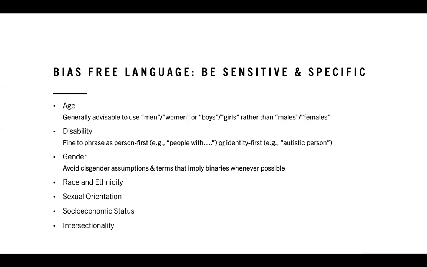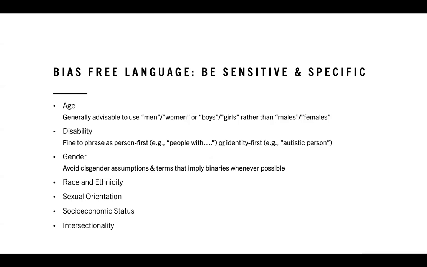Also, I know a few of you are doing projects. I think Sarah, maybe a project around study abroad for students with disability. When you're referring to people with disabilities, it's fine to phrase your reference as person first, so maybe people with autism, or it's also fine to use identity first, so an autistic person. Both of those approaches are acceptable. It also makes it easier to read, right? You're not always saying people with autism, people with XYZ. You can also use the identity to refer to them first.